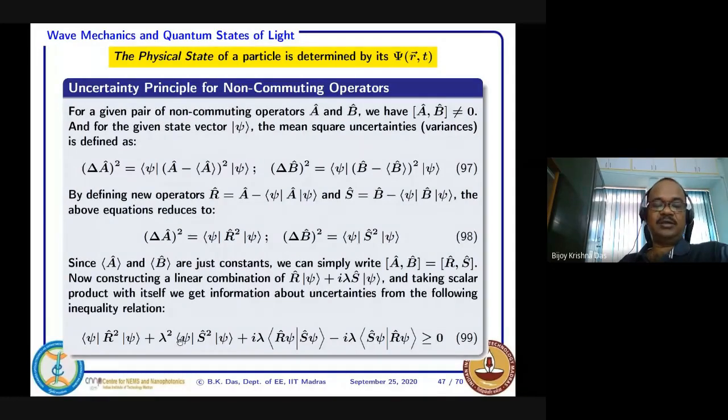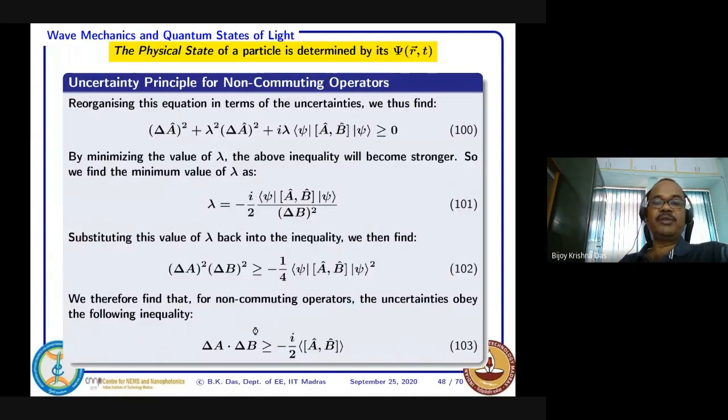I think it takes a few steps. If you just reorganize, then this thing can be written like this. This inequality is still greater than or equal to 0, and one term I will be getting is the variance of A and lambda square. This should be B, I'm sorry. This is a mistake here, in equation 100. This should be B. Variance of A and variance of B, right?